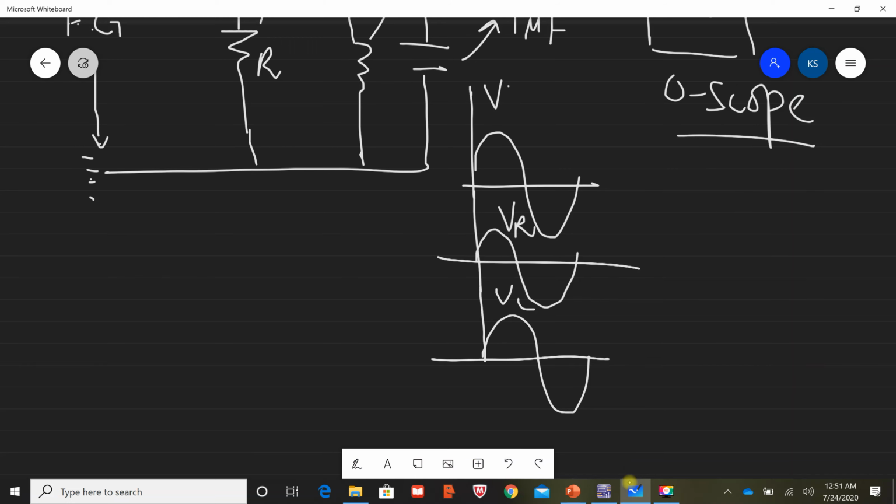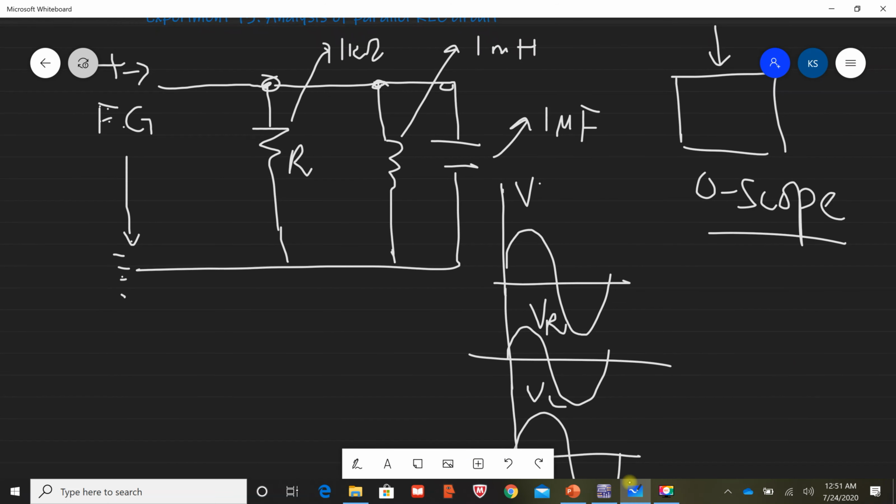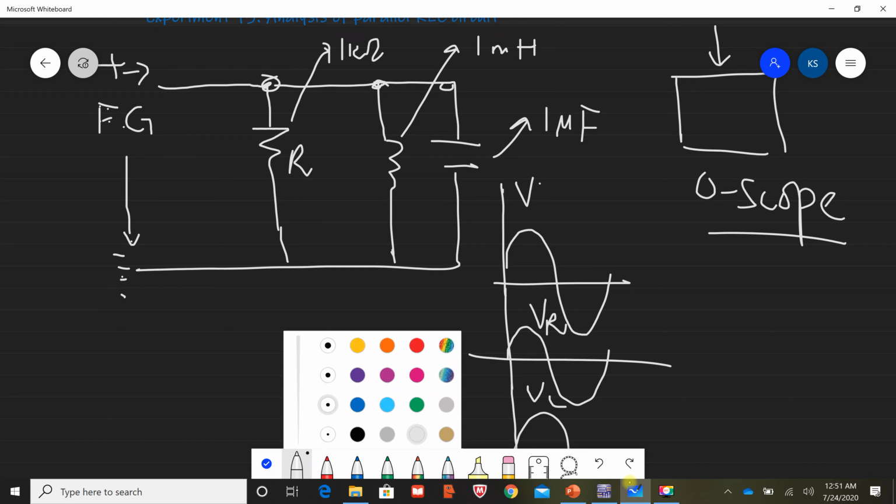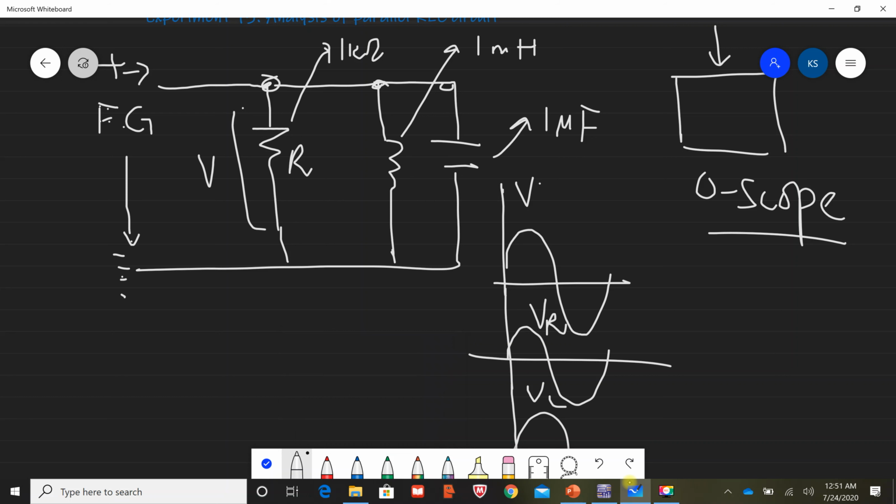Since you can see that all of these components are connected directly in parallel to each other, this means that the voltage drop across VR should ideally be equal to VL and VC. So this means that ideally there should not be too much phase difference between the input and the output voltage waveforms. However, the current is going to be divided